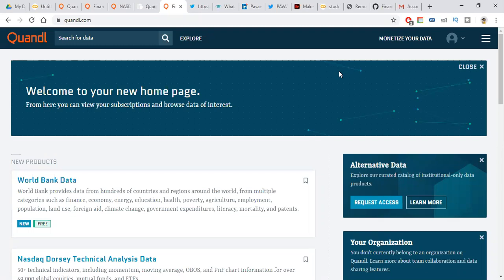First I will discuss Nasdaq. What is Nasdaq? Nasdaq is an American stock exchange platform. It has stock market data, financial data, economics data, commodity data. It has different types of data, and it is a place where buyers and sellers of stocks trade. So that will be very useful for a data scientist or data analyst.